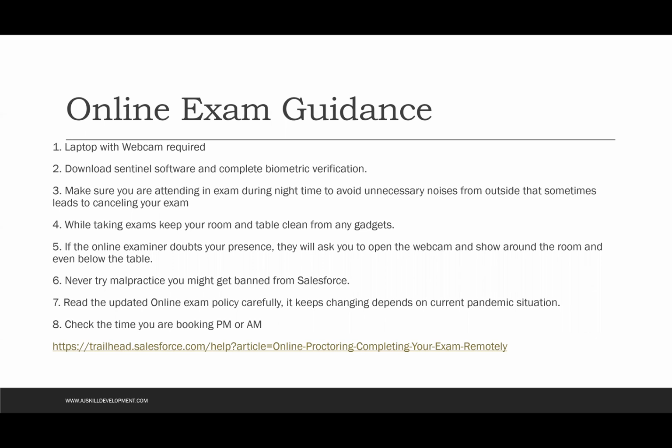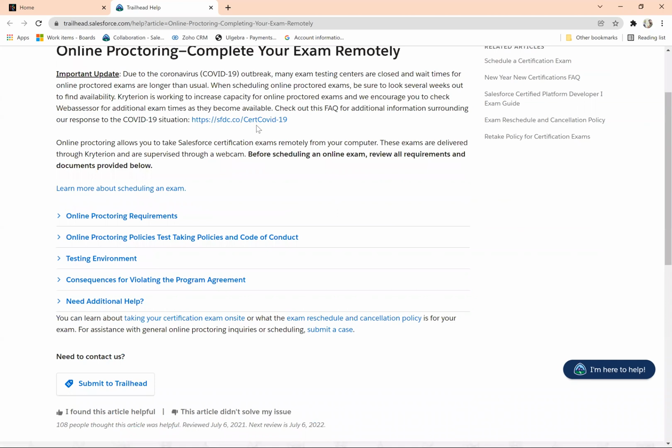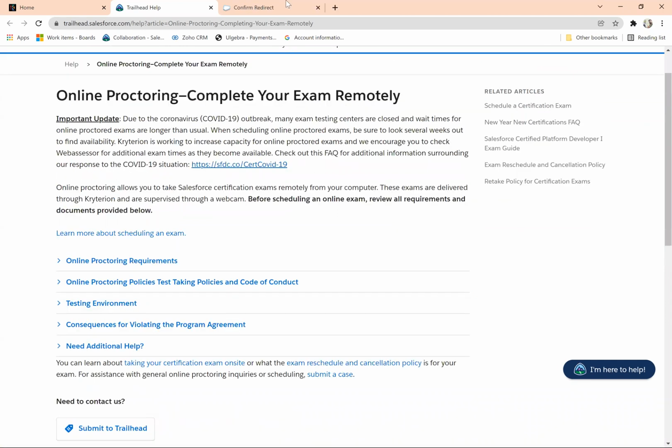And of course, never try to do any malpractice. You will definitely get caught and you will get banned from using the Salesforce stuff in future. Then the link I have shared, kindly read that link before you take an examination. Okay. And there is one more link you can see, a special guidance due to this COVID situation,